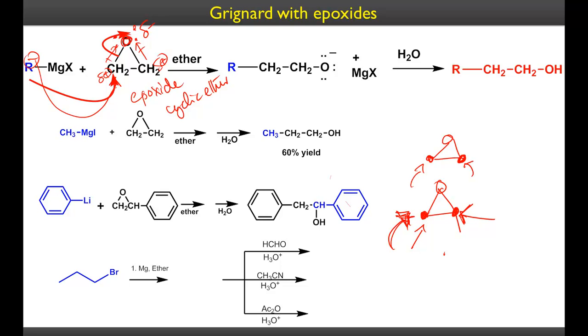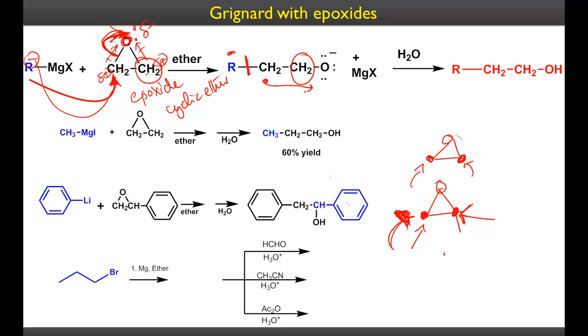So when you have substituted epoxides, you need to be careful. When you have just a simple epoxide, you can attack either side, so the product would be one and the same. So here the R minus is attacking the epoxide carbon, and as a result this bond is breaking to the oxygen, and the electrons are on the oxygen. So this is the bond where the R group attacked, right? So that's the new bond that you formed, and you had two carbons, and as a result this oxygen took off and it is now attached to only one carbon, that is the second carbon here,